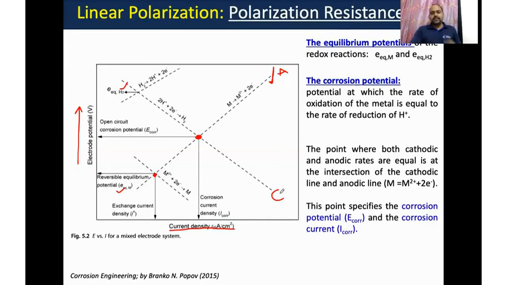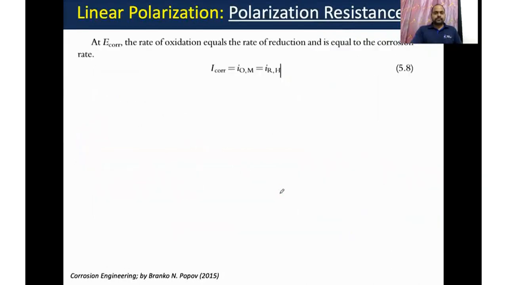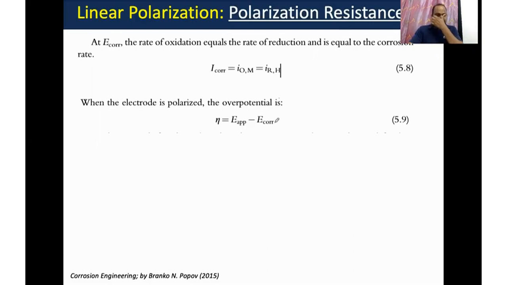Similarly, in the case of anodic and cathodic, so this is the general formula. Now if you convert this general formula to anodic and cathodic, then in the case of anodic it becomes BA, A meaning anode, log I over I0, where I is the metal current divided by I corrosion. Similarly, eta in the case of cathodic is BC log I R for hydrogen over I corrosion. So these are the two equations.